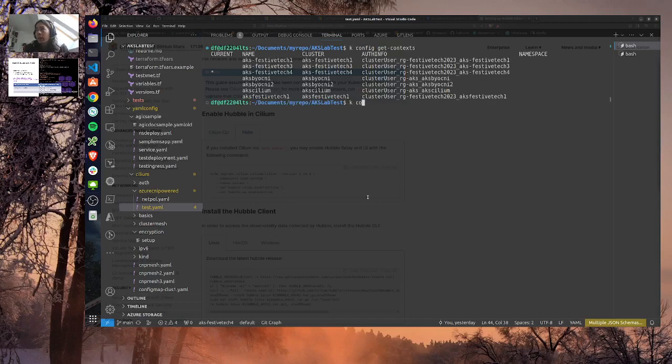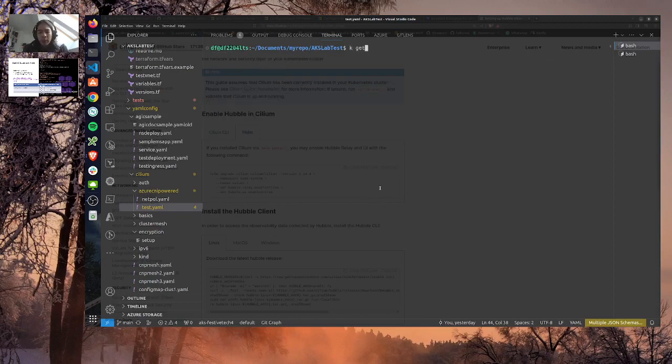Okay, config use context case StiffTech 3. So I'm using it now. Let's clear that. Let's do kubectl get nodes, and you can see the nodes are not ready.